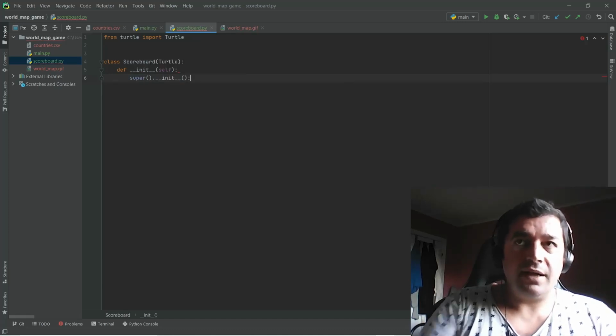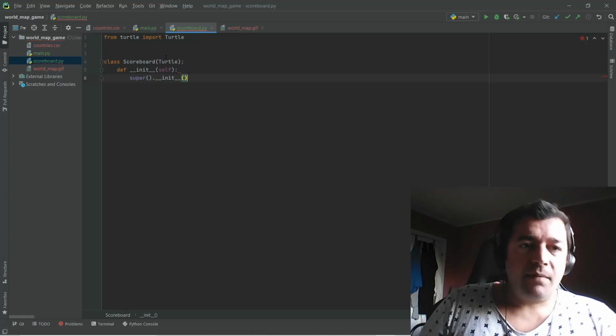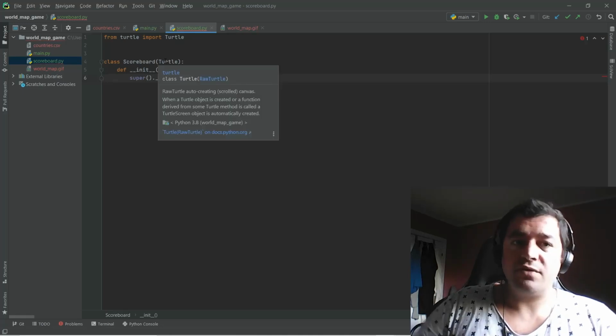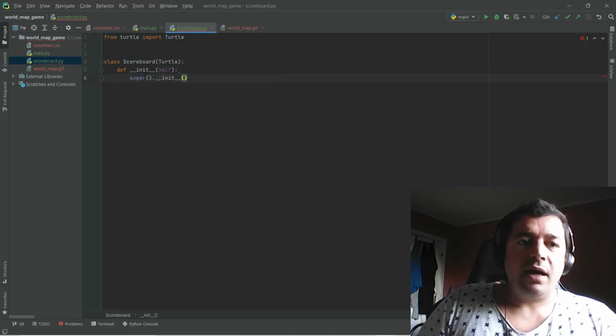What this does is, in order to inherit every attribute and method from the turtle module, I have to use this super function and initialize this turtle module also. The first one will initialize my scoreboard class, and the second one will initialize this inherited turtle module. Okay,